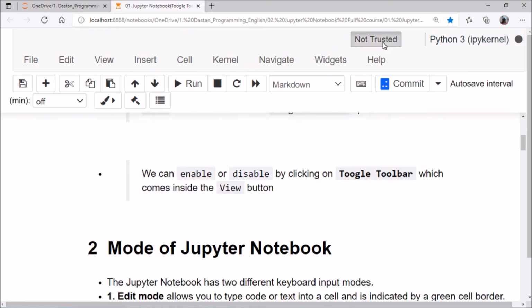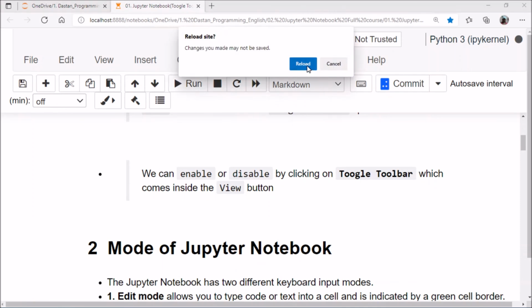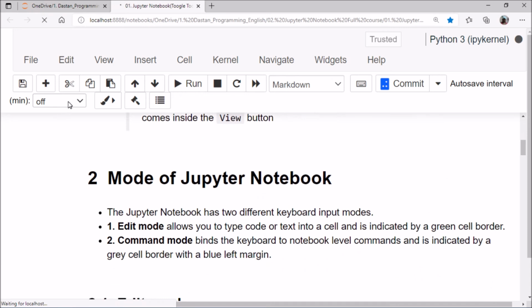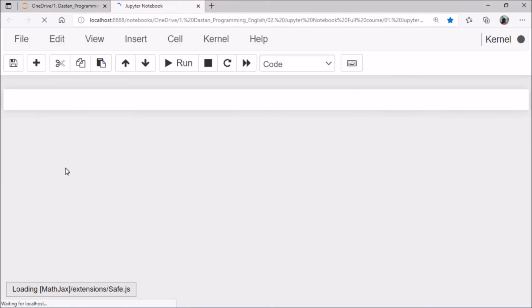First make it trusted, so we can apply some shortcut keys, and then I am making it default, because every 2 minutes it will save automatically. So it is opening. Just wait for some time.